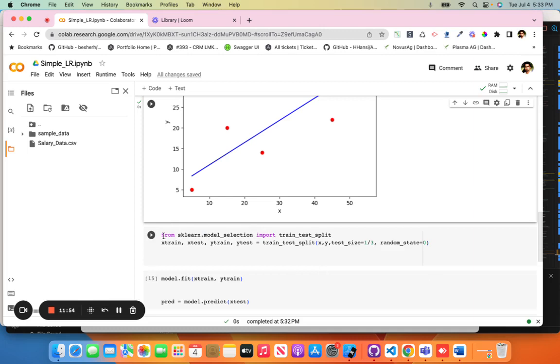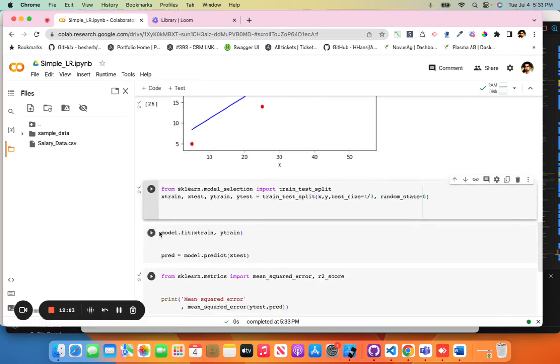In our previous video I already discussed this: the sklearn model_selection section, then train_test_split. So we are splitting 70 to 30%, and again model.fit(x_train, y_train). When I click on this,